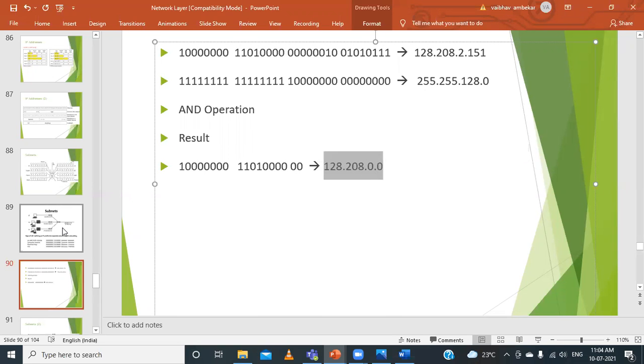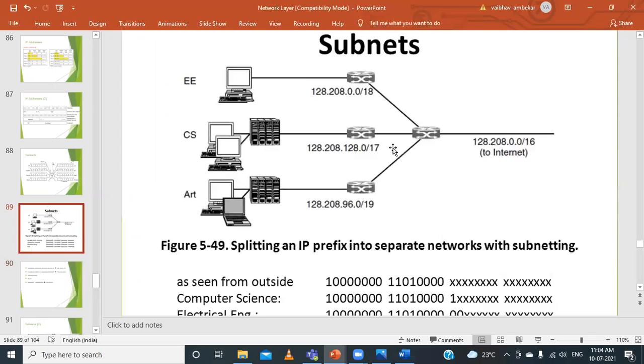128.208.0.0. This means what? It belongs to which particular department? It belongs to the E&D department. So if a packet comes to this particular IP address, say 128.208.2.151,